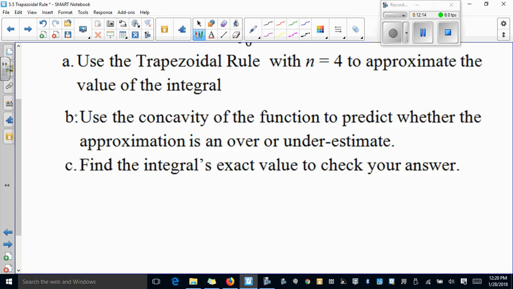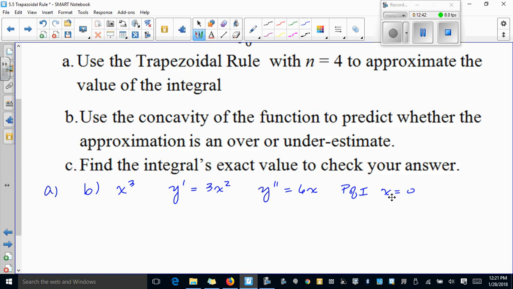So we got part A. We're going to just set it aside and do part B because our function is x cubed. If I do the first derivative, I get 3x squared. If I do the second derivative, I get 6x. And my point of inflection would be x equals 0,